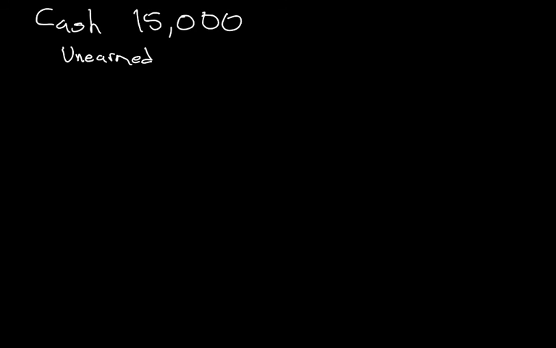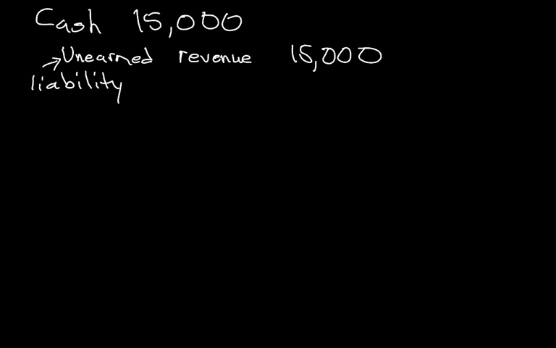So we would have had a debit to cash because cash would have increased when we received that money in the amount of $15,000. And we would have debited an account called unearned revenue for $15,000. And this account is a liability. And I'm showing you this initial entry because when we go back to make the adjusting entry,